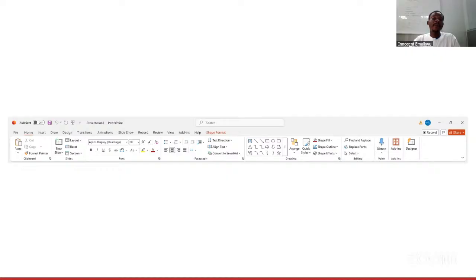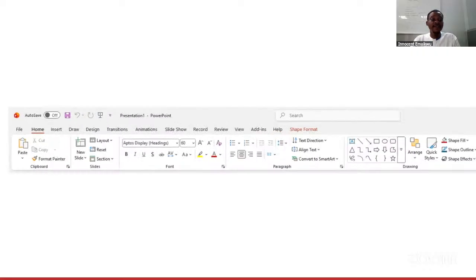Depending on the version of PowerPoint you are using, it may look a little bit different. Now, I'm using the latest version of PowerPoint, which is Microsoft 365. So this is the reason why mine is looking this way. If you're using an older version, it may look just a little bit different, but nothing too serious. Let's see 4 important parts of Microsoft PowerPoint we need to familiarize ourselves with. The first part is